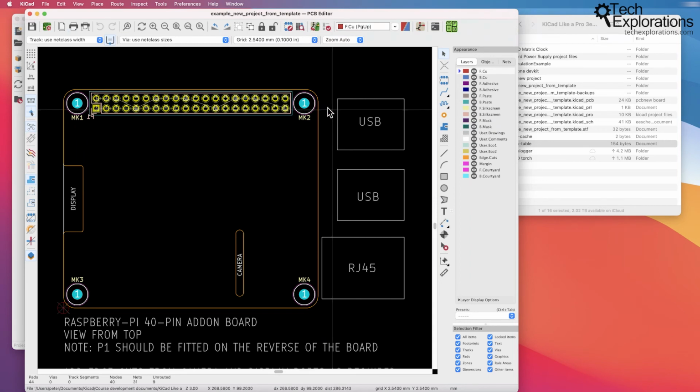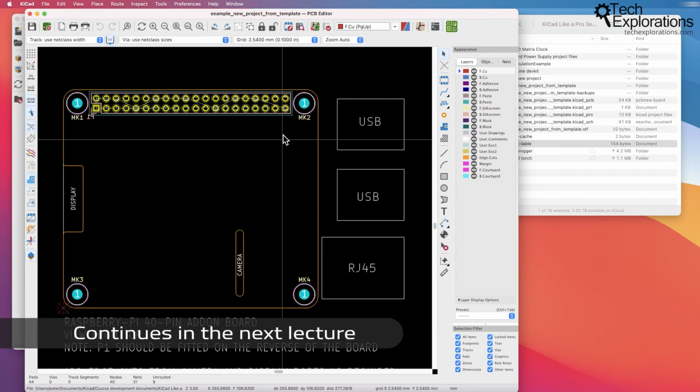Okay, so that's it with creating new projects in KiCad. There's just a couple of things that I want to mention in the remaining part of this section. In the next lecture, I just want to do a comparison between KiCad instances running on macOS, Linux, and Windows. And after that, I'm just going to talk a little bit about the differences between KiCad 6 and KiCad